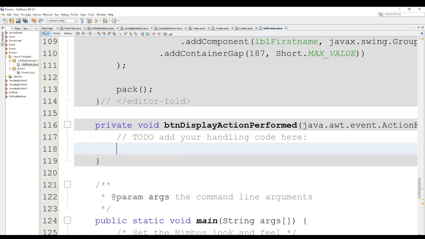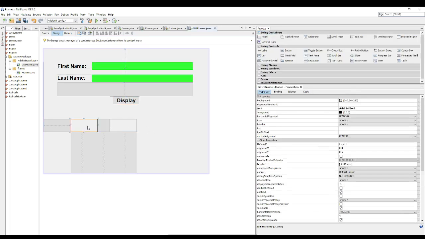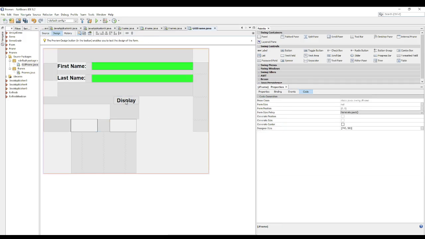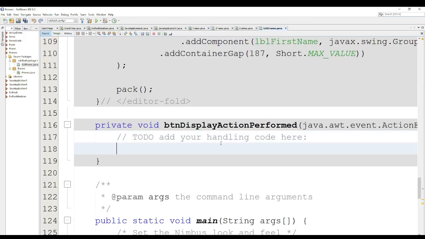Bakit walang label? Double check. Code, small letter. LBL first name, LBL last name. Then double click display here, and then we'll call the component or object by their name, for example, LBL